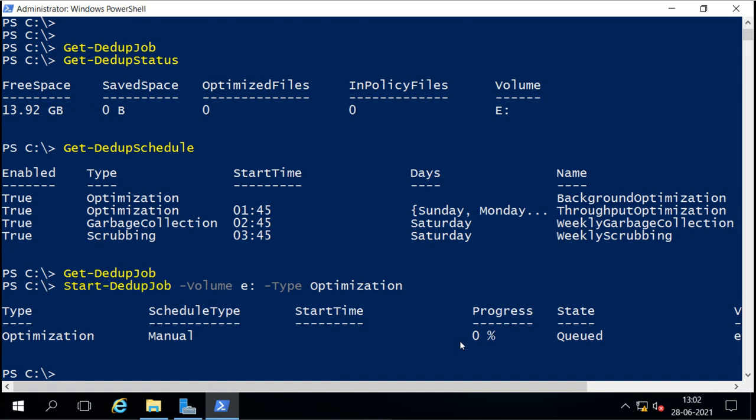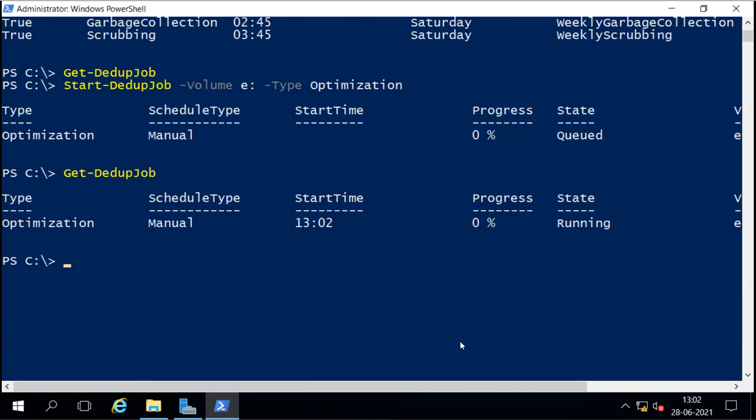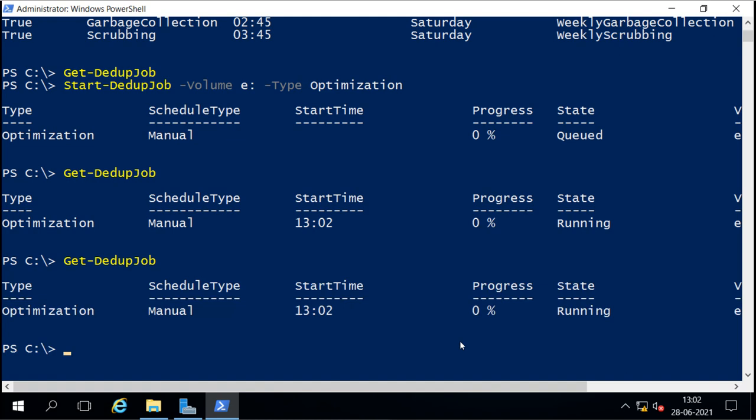Now it is running and we can see it with Get-DedupJob. When we run Get-DedupJob, it shows us how much it has done. It is still running on E drive. Right now it is 0% progress.